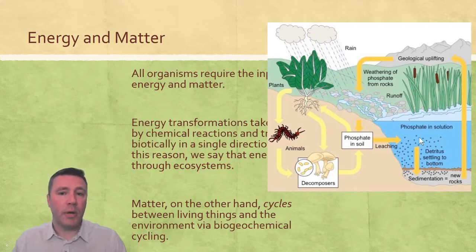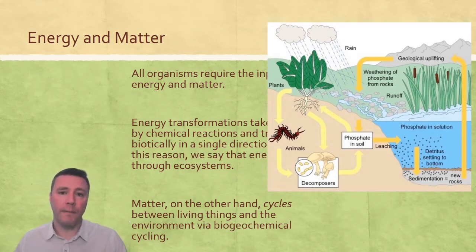Over time, that inorganic compound, thanks to geologic pressure and time, may become part of new rock or minerals, and the cycle continues. These matter cycles tend to be much longer than energy flow. They tend to take a lot longer time in order for those elements to cycle through the different possibilities. When it comes to things like phosphorus, nitrogen, carbon, oxygen, hydrogen, all of those elements and many others are the things that make up our macromolecules, and we find them in living things, in the earth itself, and in chemical compounds in nature.